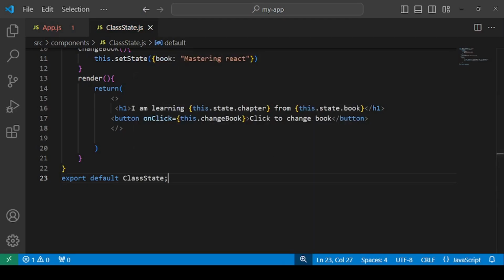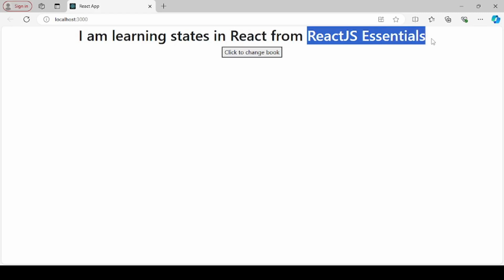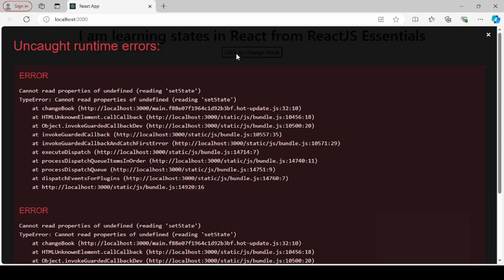Let's get back to the browser. So we are able to see: I am learning states in React from ReactJS Essentials. We are now required to change the state of the book. So this data will be changed once we click on the button, means on this, click to change book. So when you click on this, you see that "cannot read properties of undefined"